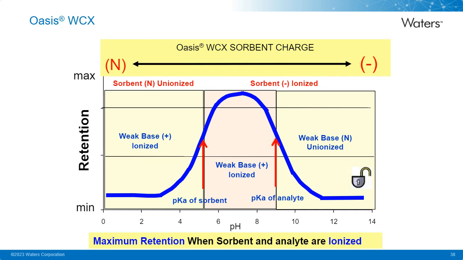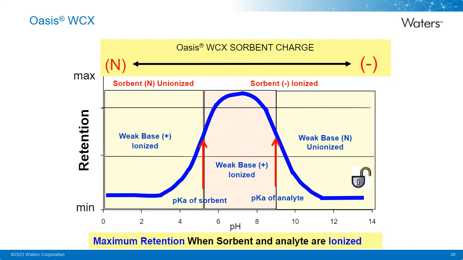So how do we approach this? Well, we can't use MCX because, as you recall from the 2x4 method, we would need to elute under alkaline conditions for a cation exchanger. So what we can do is use the WCX, the weak cation exchange sorbent, and then modify the protocols. In this case, what we're looking at is a retention curve, and we see at about pH 5, we